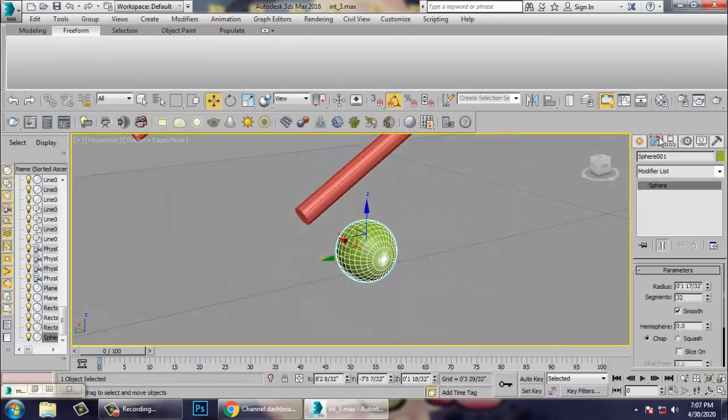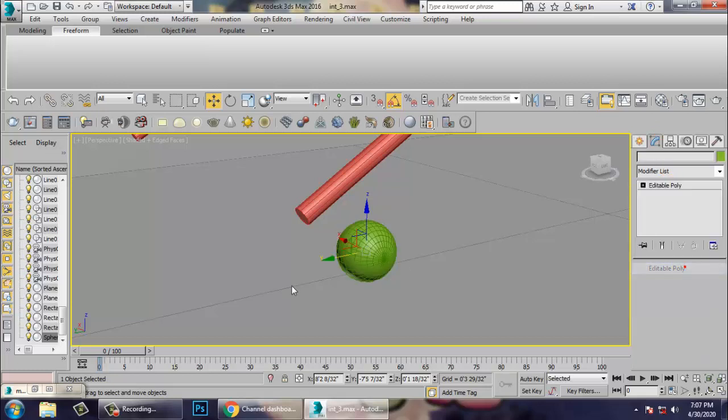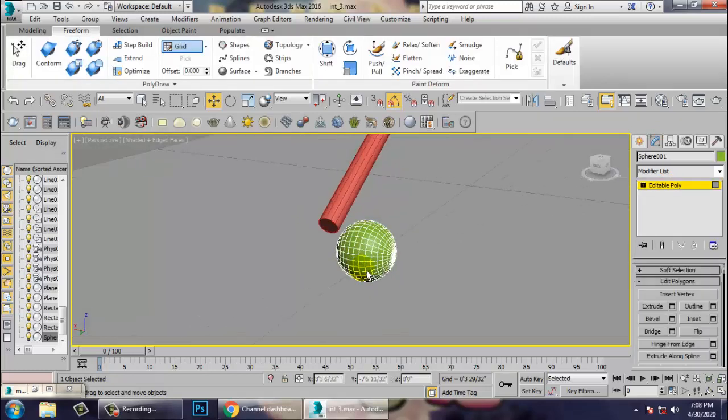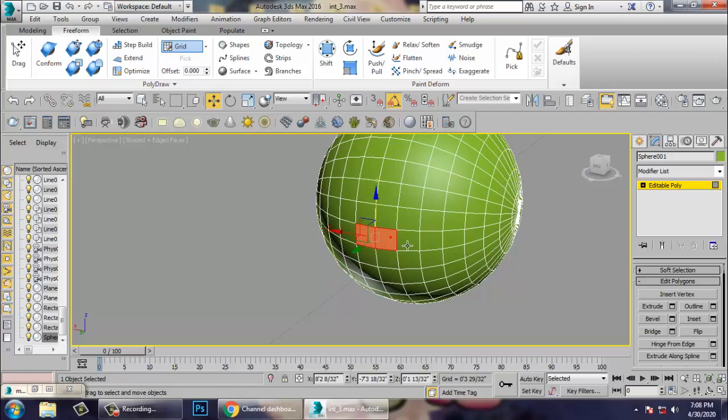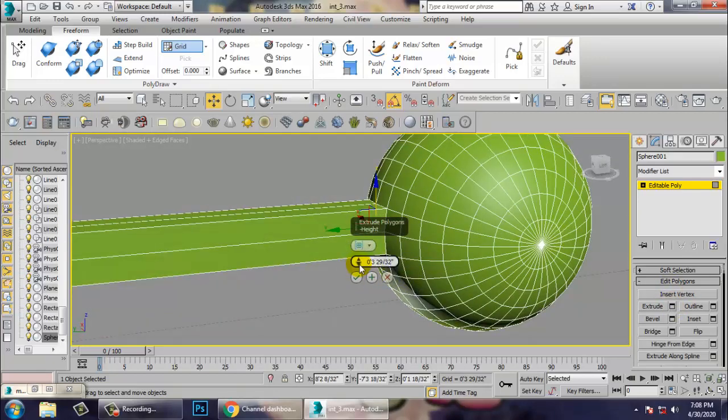So let's convert to editable poly over here. So just press 4, just extrude it up, push it up over here.